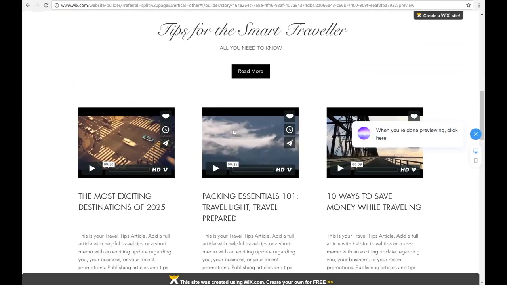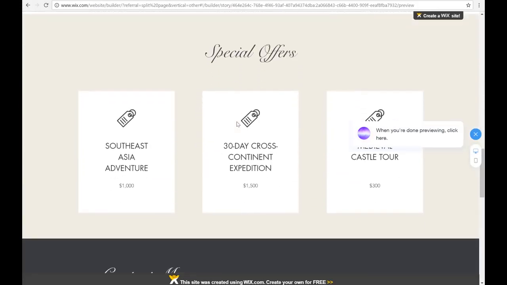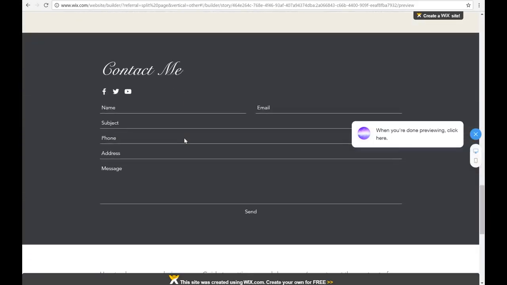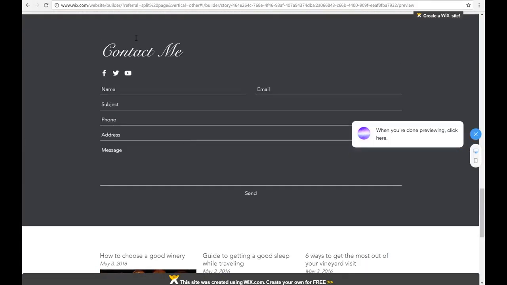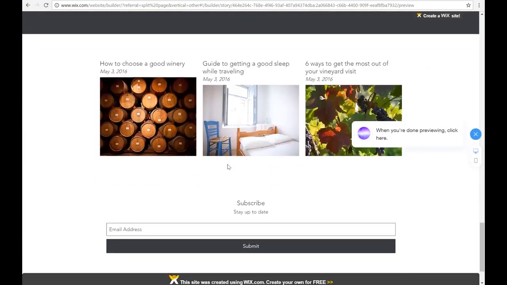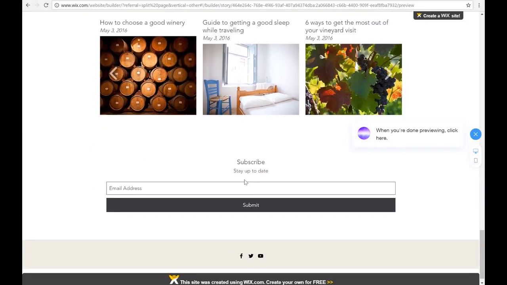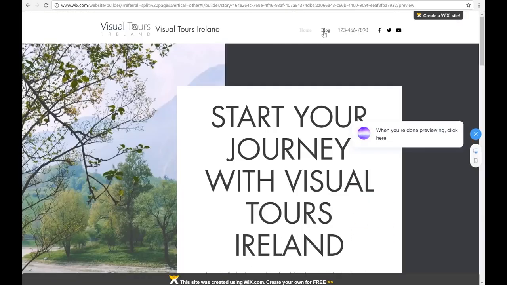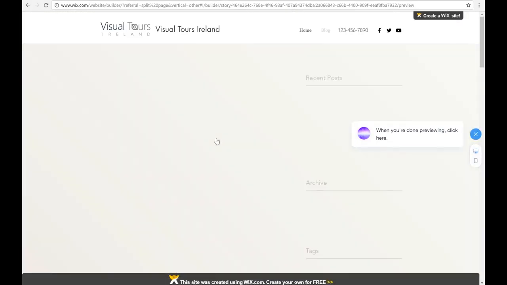You want to keep people on your page for as long as possible, clicking on all your content, reading through whatever you have to offer, so special offers and stuff. This isn't so much what we're looking for, but you can customize each section of your website with Wix ADI. Contact form, really nice, elegant. And subscribe, so this was one of the features that we asked for in our website, as well as the travel blog. So if we just click on the blog page,